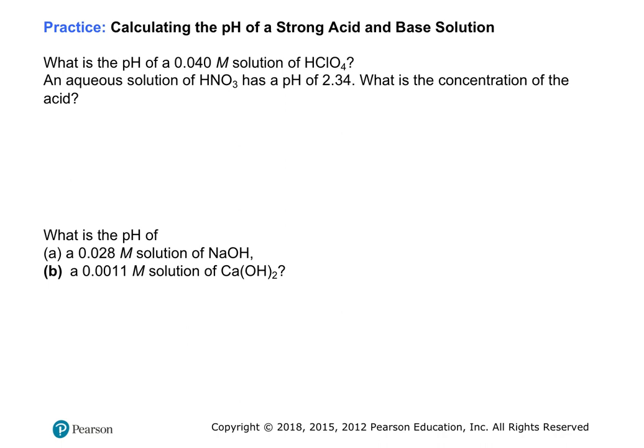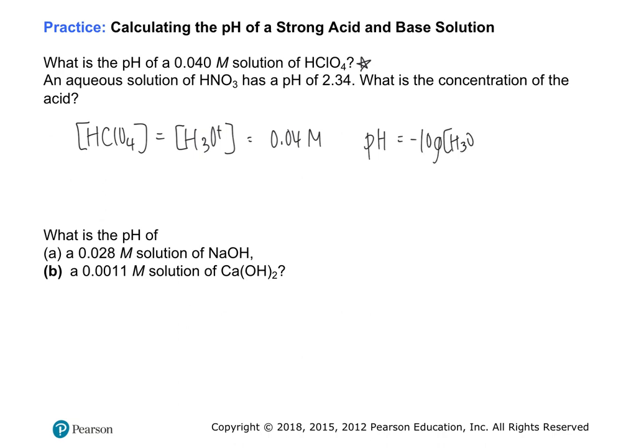So here we have perchloric acid. Our little ringer should be dinging. That's a strong acid, so then I know that my concentration of acid equals my concentration of hydronium, which is 0.04 molar. So then the pH is going to be the negative log of hydronium. So it'll be negative log of 0.04 molar. So that's a very low pH of